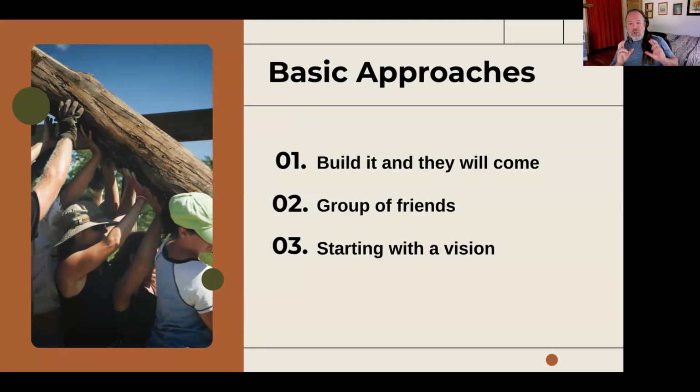The tricky part again with this is, if you're starting with the vision, there was the thing I said at the beginning about doing this as a group. So there's a bit of a chicken and egg thing here. Part of the trickiness has to do with laying down something that is clear enough and detailed enough that you're not pretending you don't want something that is really important to you,